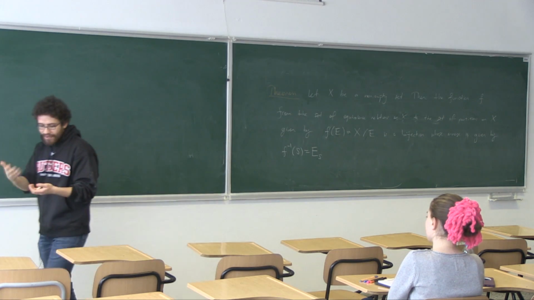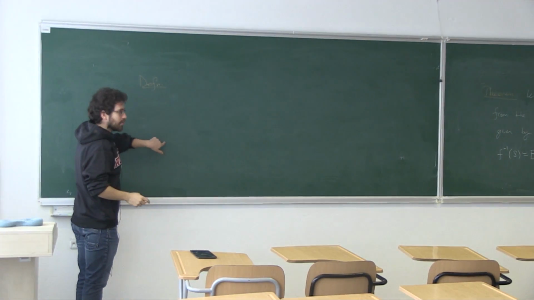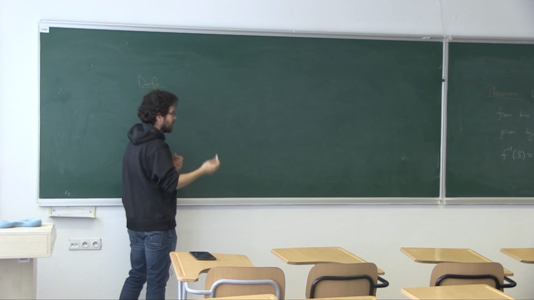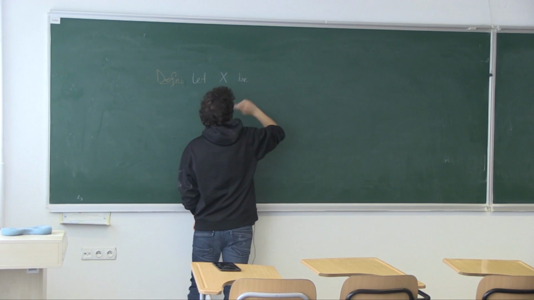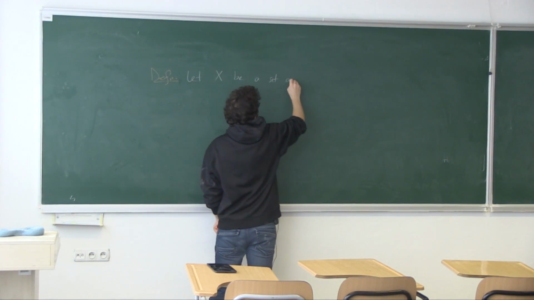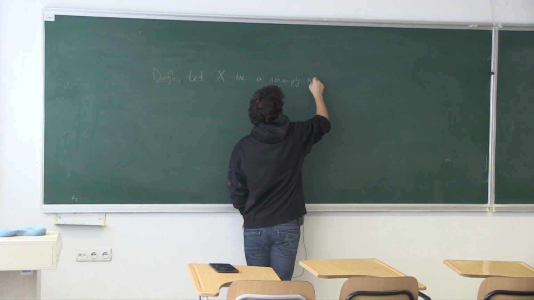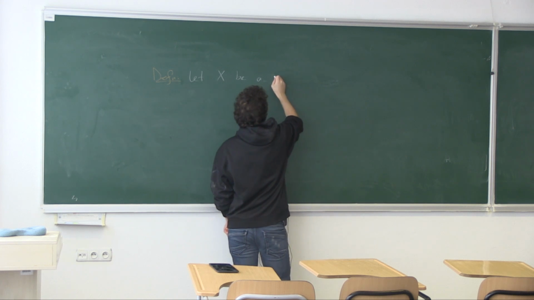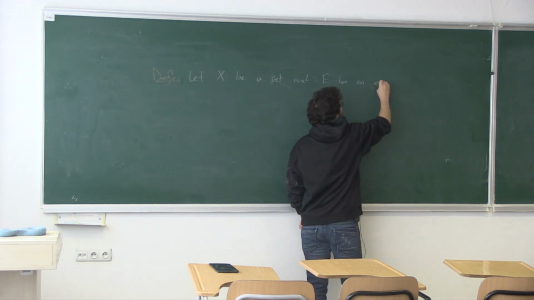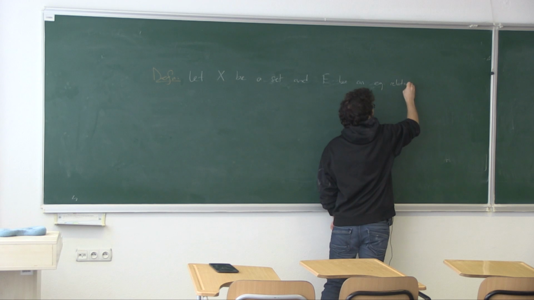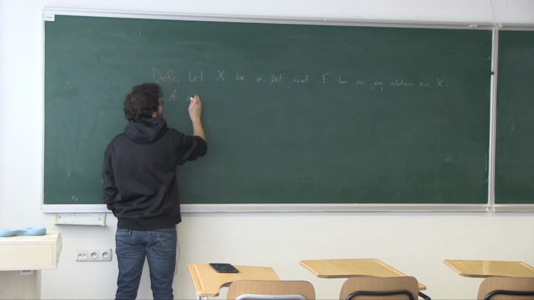So why can we do that? Why is this justified? It's justified because of the theorem I'm going to state over here. Let me first give a name to the set I'm going to construct. Let X be a set, and I'm going to work with non-empty sets. Well, I can work with any set. And E be an equivalence relation on this set X. A subset